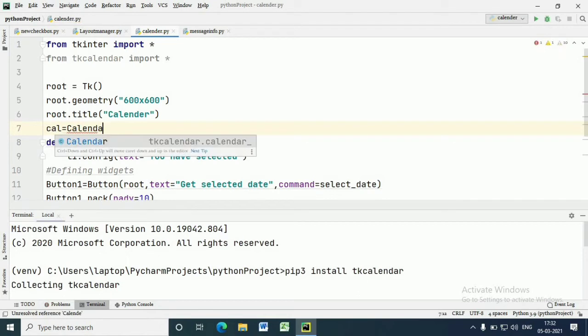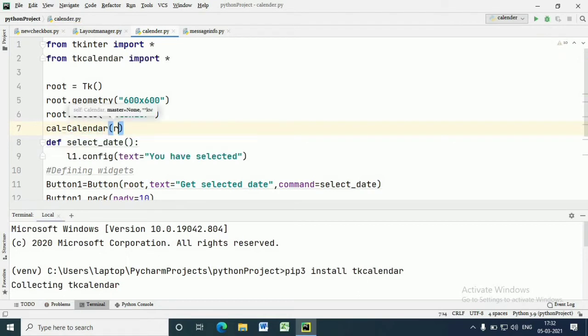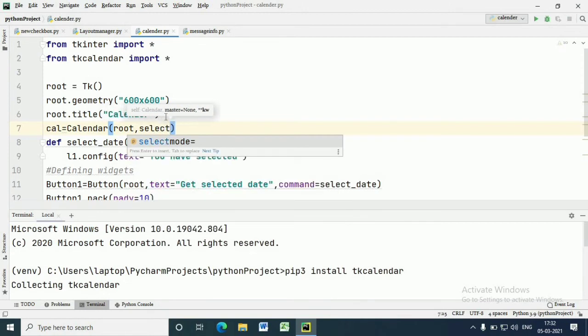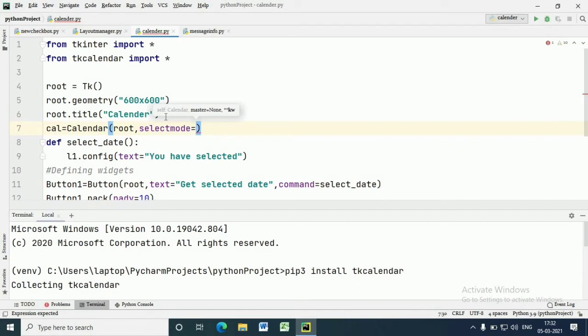cal is equal to Calendar within brackets. We want to keep this calendar in the root window. Within brackets we should write root comma select mode. Actually, select mode has two options, none and day.